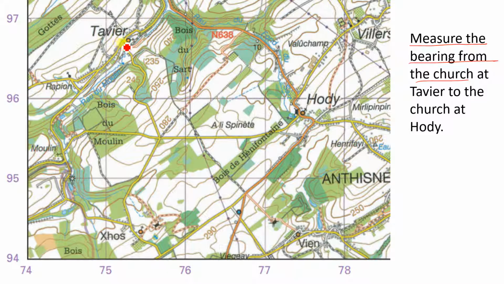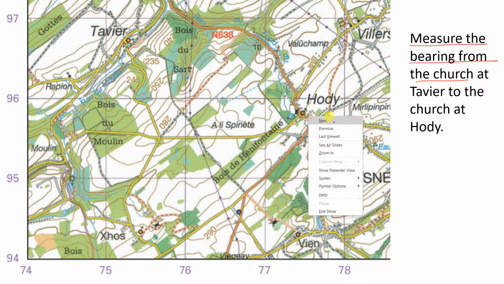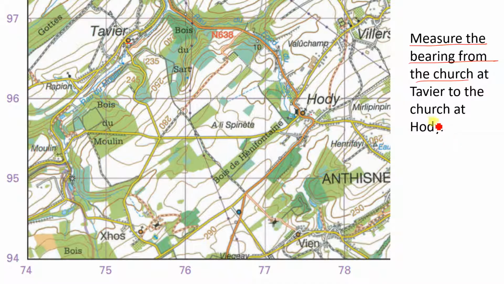Now this is Tavia, and this is the church at Tavia, and this is the church at Hoodie. So we want to find the bearing from Tavia to Hoodie. So the first thing is to draw a line connecting the 2 points. Now, very important, so that the line will protrude out from the protractor, so you'll be able to make an accurate reading. So draw a line connecting the 2 points, then you put your protractor